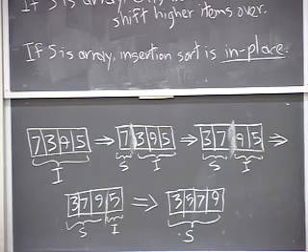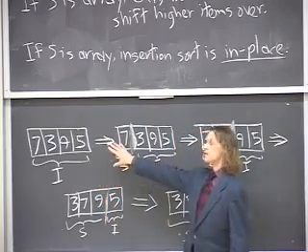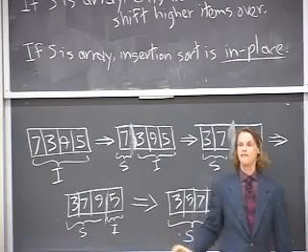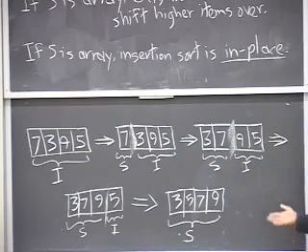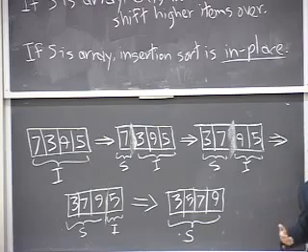Now, because you're walking backward from the end of the sorted list, if you start with a list that's already sorted, it's going to take linear time to just verify that it's already sorted. The insertion steps don't take linear time anymore. Each insertion step takes constant time because the numbers are already sorted. And if you have an array that's almost sorted, then the running time is proportional to the number of what are called